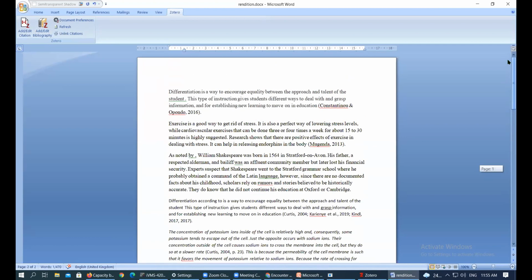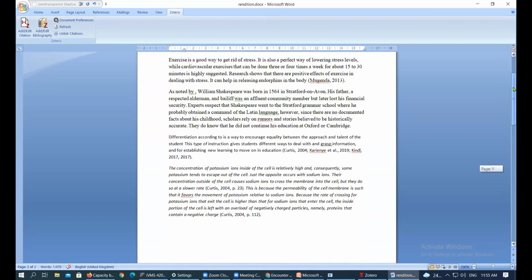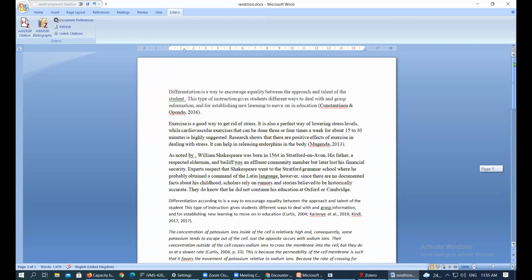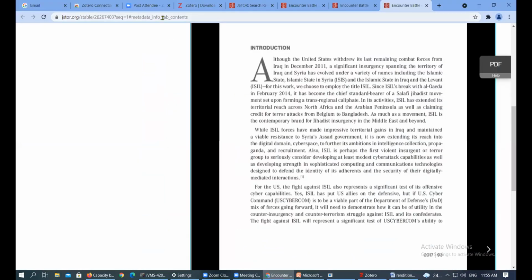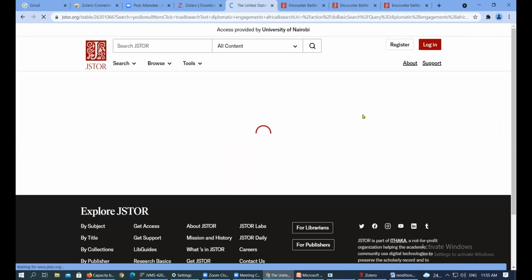We have demonstrated this. Some people might have followed, but some people I know they might also do more just to learn more. But in a nutshell, that's how, for example, you generate the references. Now, there is another thing I also want to highlight before we start walking the journey towards the end of this session. Maybe I'm reading this article online on JSTOR,